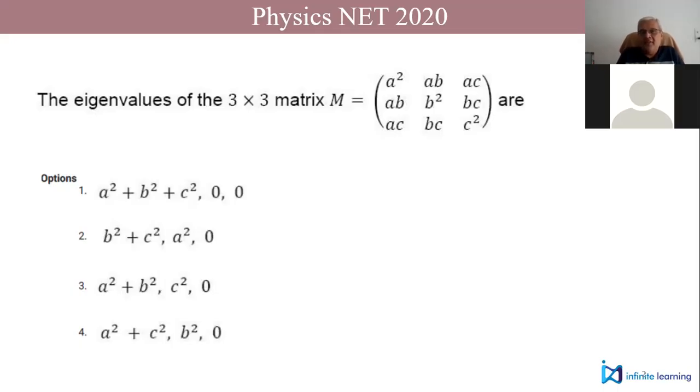But if you look at the symmetry in the matrix, then of course options 2, 3, 4 do not have that kind of symmetry in eigenvalues. So only the first can be the correct option. So you have got it right. Here we are exploiting symmetry to arrive at the answer. Of course, this is abstract mathematical symmetry, but it is a symmetry. Many times in physics problems also we have physical symmetry that we use. So this is an example of how we use symmetry to arrive at the answer.